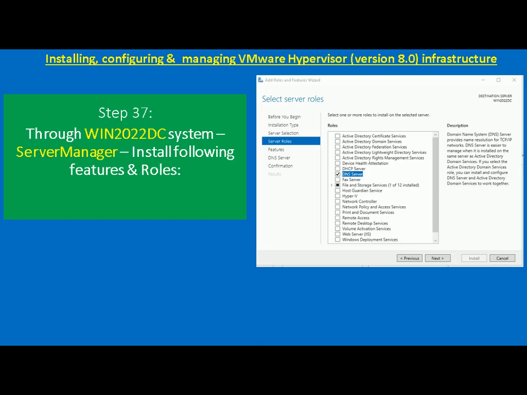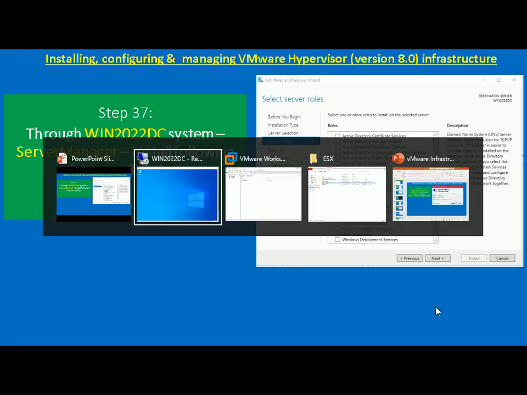Because we need to promote this Win 2022 DC system as a domain controller first. But before the Active Directory domain controller role installation, we have to install the DNS server role as a prerequisite. So I will come back to my DC system